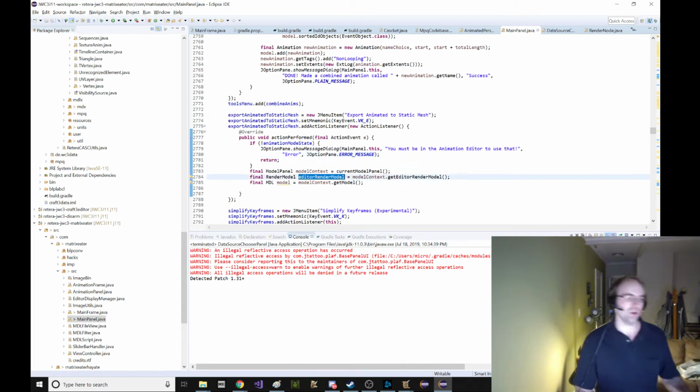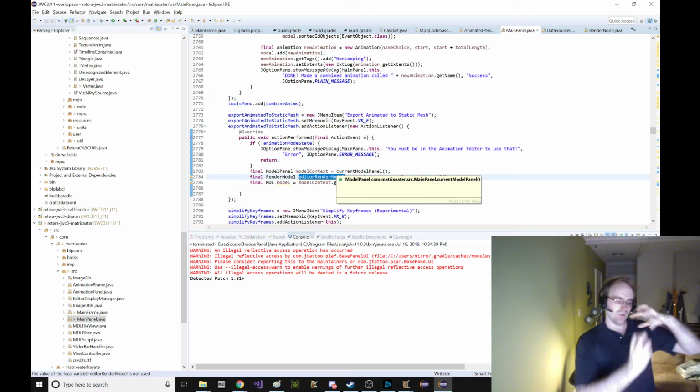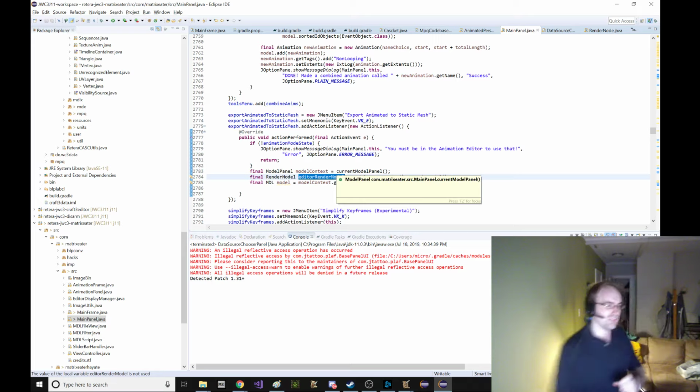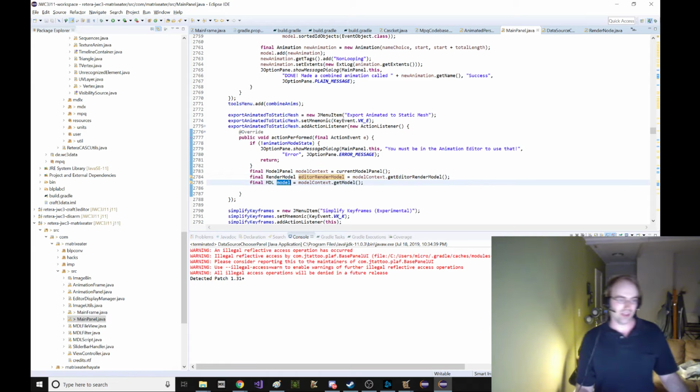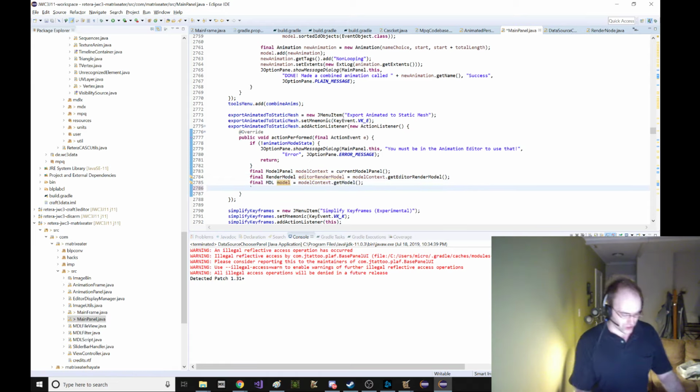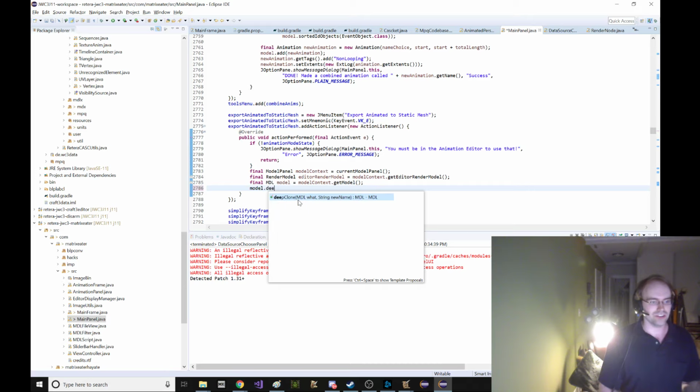So we know we're in the animation mode, and we have the render model. It's like, what is the current frame it's in? You know, if it's a footman doing a chop, like, whoop, that's his current chop. And then we have the actual model. So I think the first thing that would be really nice, and I don't actually know if I have a function for this, is I need